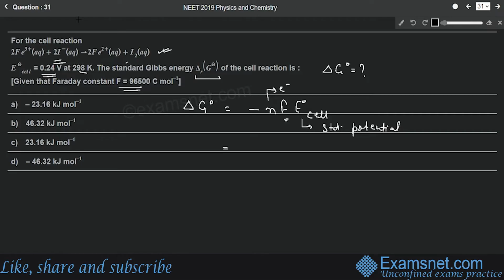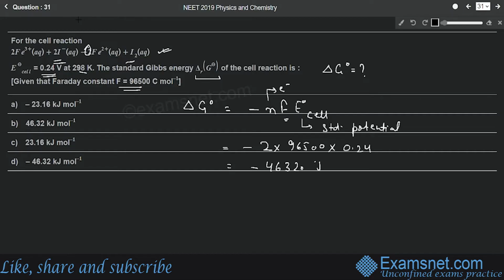So 2 electrons are transferred, that means the value of N will be 2. So minus 2 into F, the Faraday constant, which is given as 96500, and E naught cell is also given, it is 0.24 volt. Now on multiplying these we'll get minus